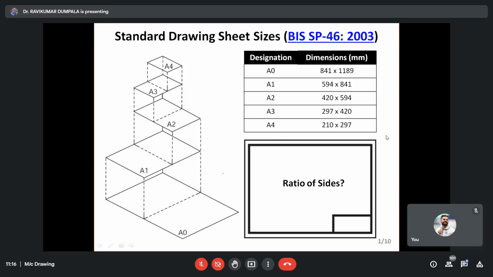So this is the standard size. It is a standard ratio, I think 1:root 2 or something like that. You can explore that in the book. It is the ratio which allows you to convert to the next size, where again the ratios are the same, so it is not going to change. So whatever the ratio of length and width of A0 is, the A1 sheet will also have the same ratio. Again the A2 sheet, the length may be less, but the ratio is the same. The dimensions change a little bit, not exactly, but it is more or less the same.